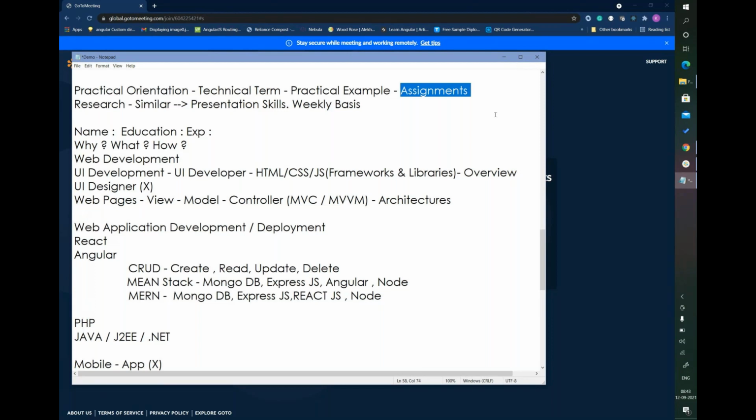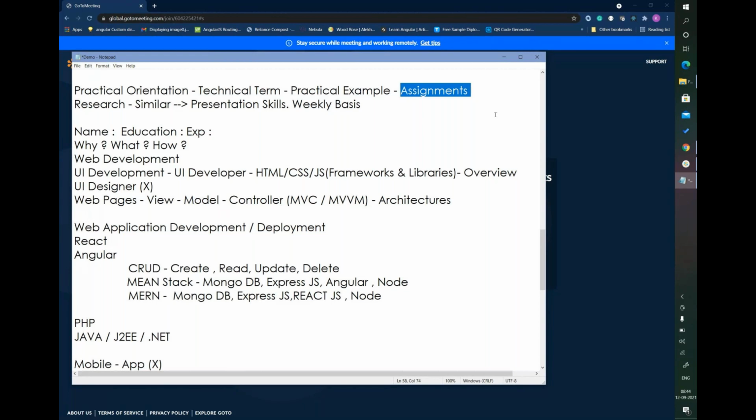They'll be providing you some documentation, and each and every documentation is available over the web. You just have to go through that documentation, understand it, and come up with that particular research paper. Those similar concepts I'll be giving you, so that you can improve your presentation skills, and we will take care of that on a weekly basis.